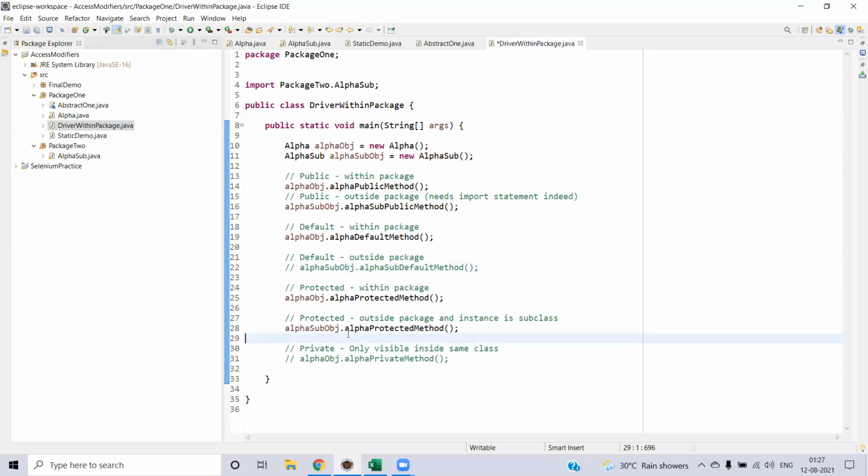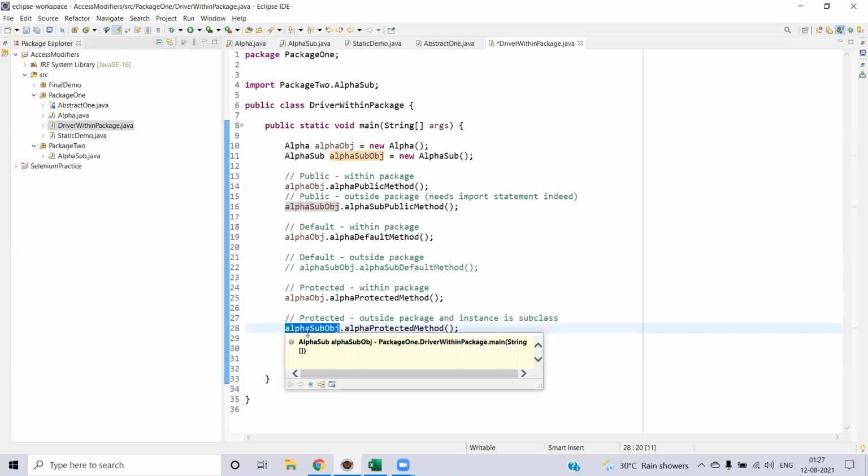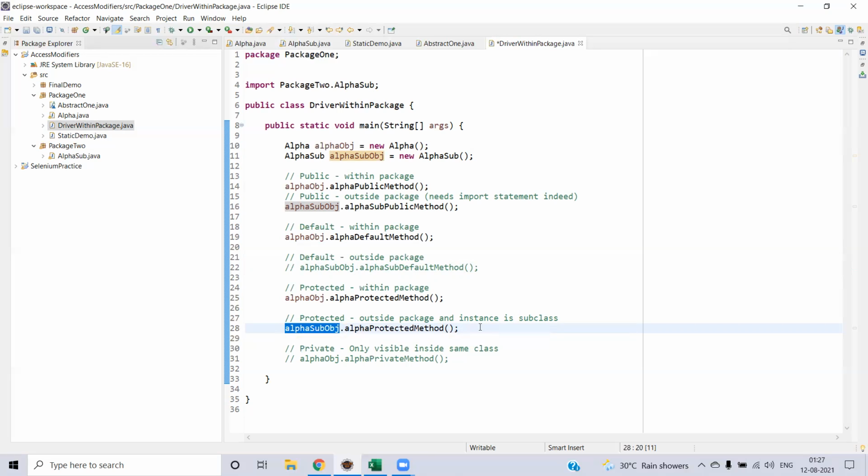And here I am calling the alpha protected method. So by using the child class, or the extended class, I am calling the alpha protected method. But since we are in the same package, it cannot be considered outside the package; it is inside the package only. So again, it will not be the actual testing of protected. However, we will see this positive combination.